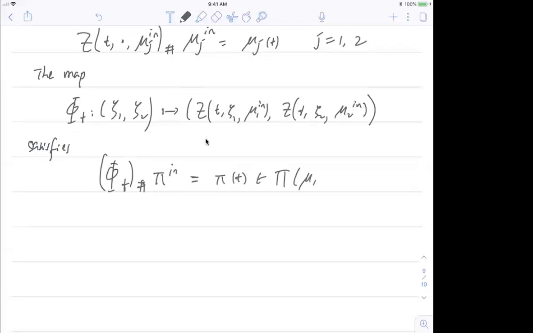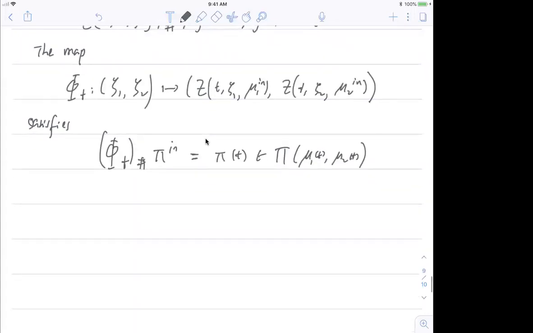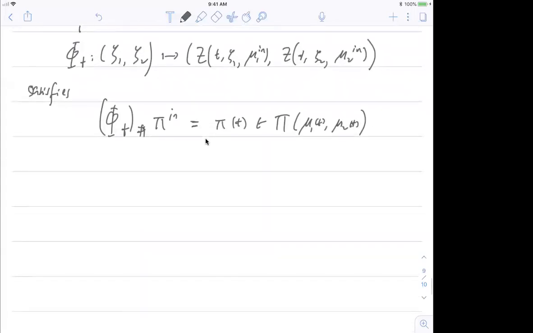So mu1 t, mu2 t, and you can check this very easily, right? Just using the composition of two maps. So you can check pi t is one coupling of mu1t and mu2t. It's very easy to check. It is just a composition of two maps. Okay, so since pi initial is